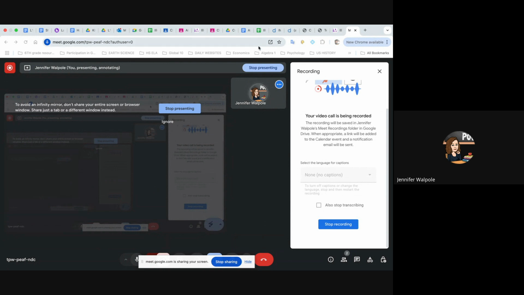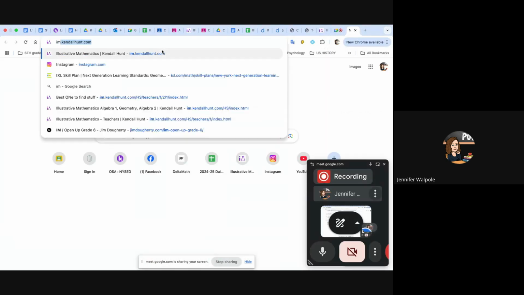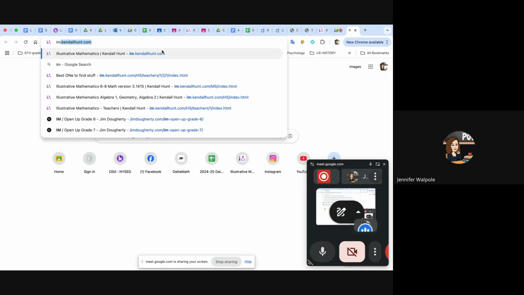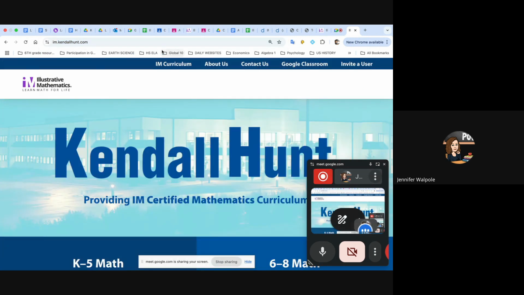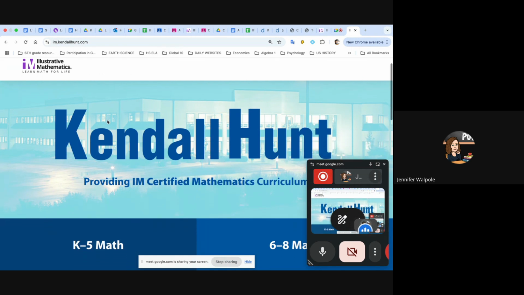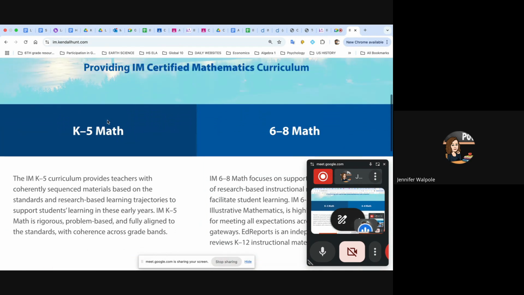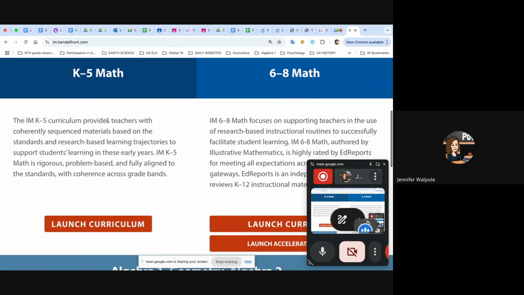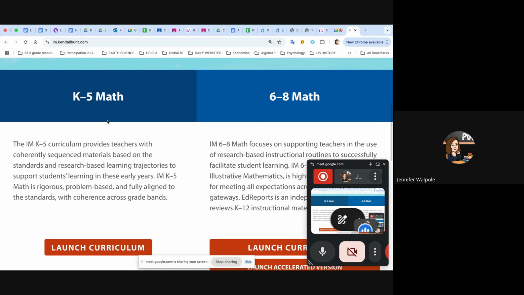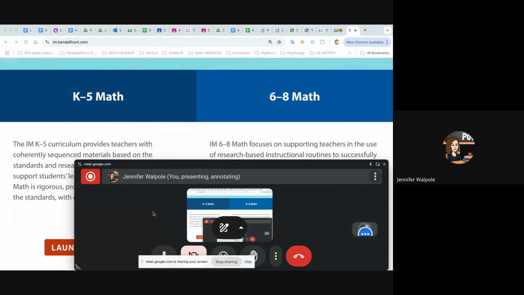All right. So if you want to go to Illustrative Math, my advice is to go to im.kendallhunt.com. This is if you've never used it before, because I would save each of them rather than going to this opening page every time. But I just want to show you how to get it. So if you go to im.kendallhunt.com, you can get all of the